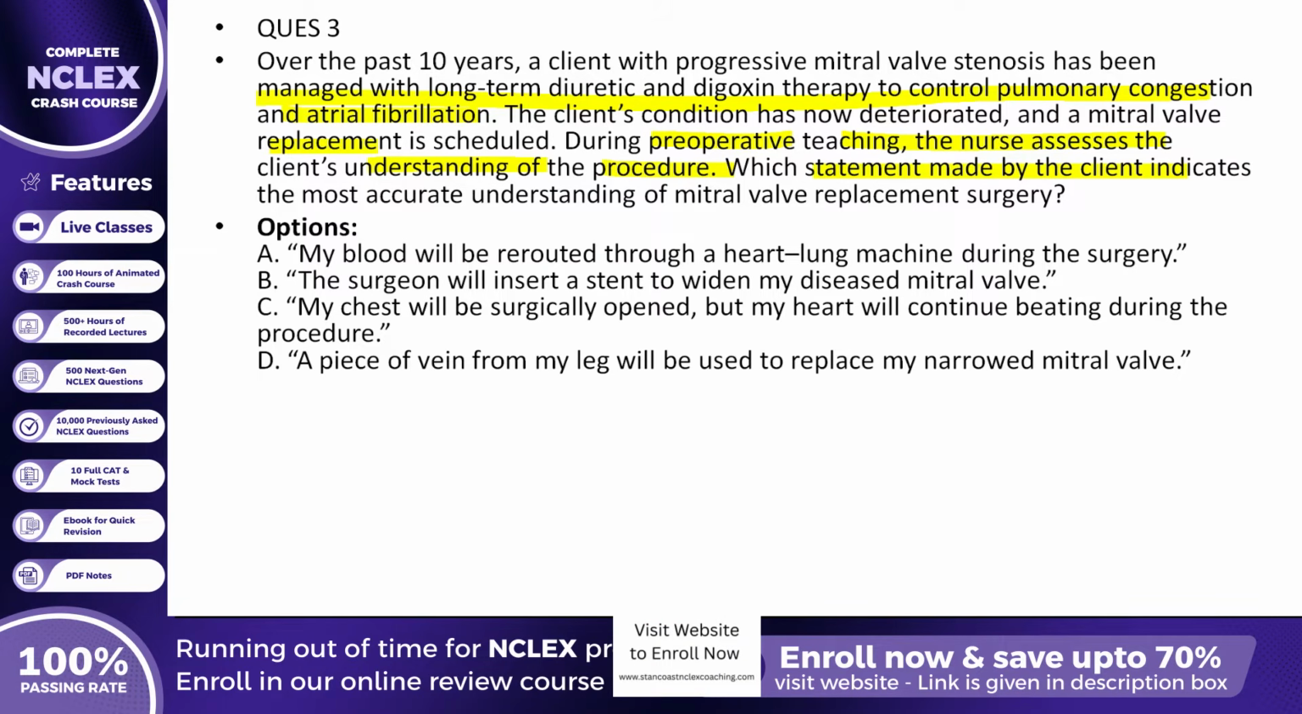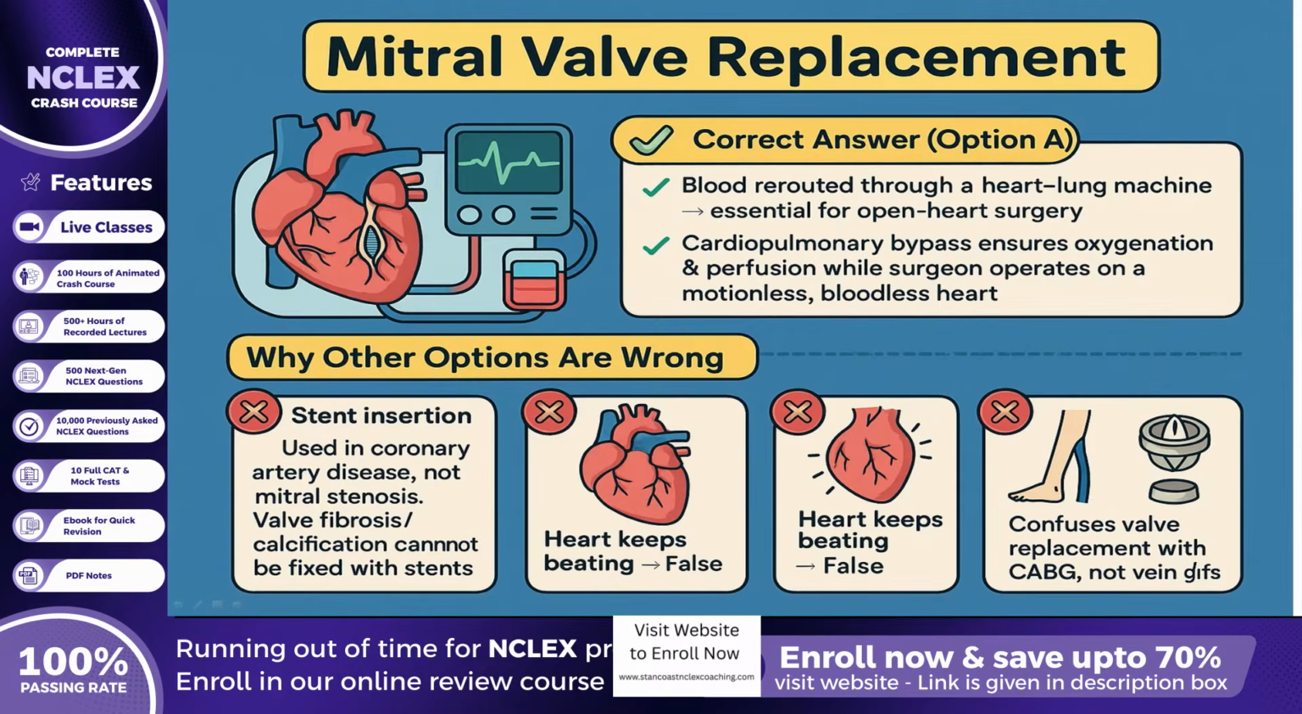And option D suggests, "A piece of vein from my leg will be used to replace my narrowed mitral valve." The correct answer is option A, "My blood will be rerouted through a heart-lung machine during the surgery." This response reflects accurate understanding because mitral valve replacement is an open heart procedure that requires the use of cardiopulmonary